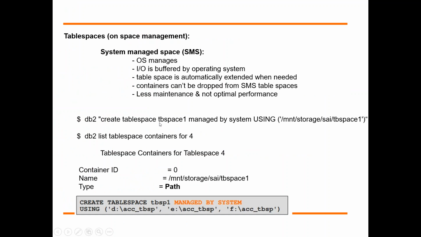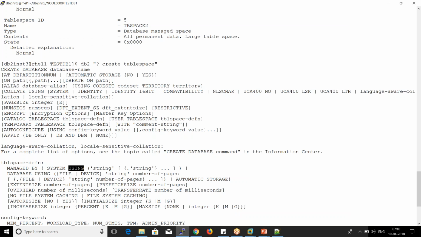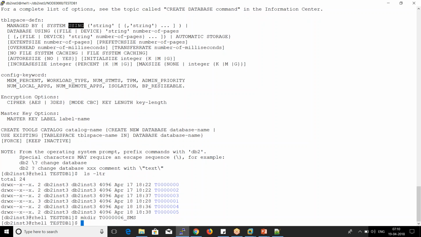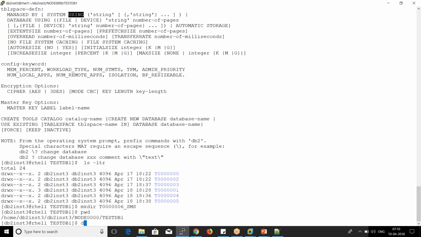So if you look at here, create tablespace name managed by system using, this is the storage directory I want to give. For example, since we are here, let me create a directory. You can create this directory anywhere, right? T000006 underscore SMS. Now let me create table space SMS1 using